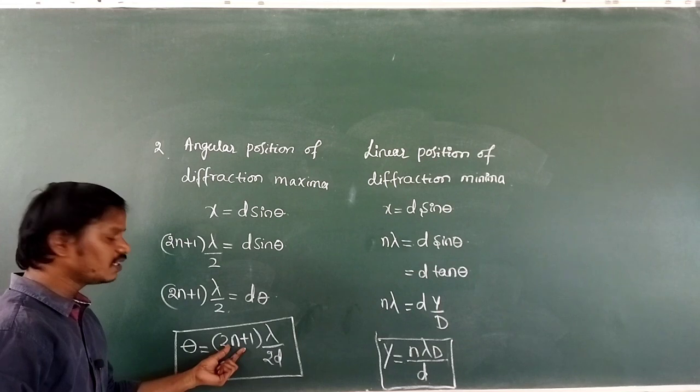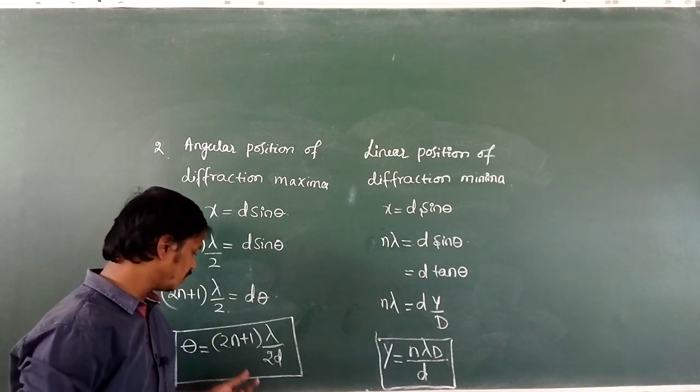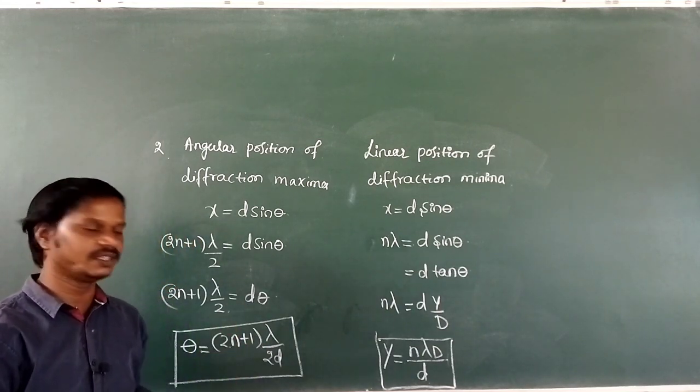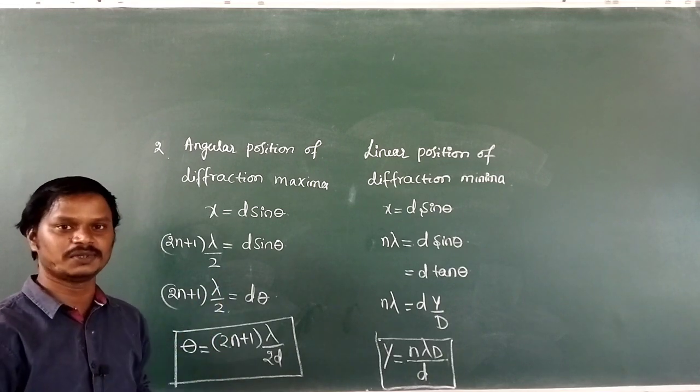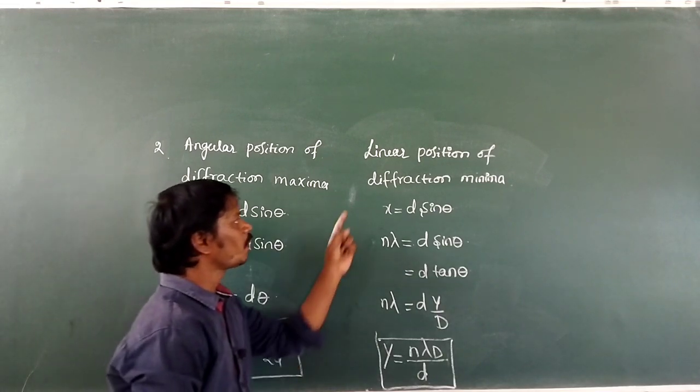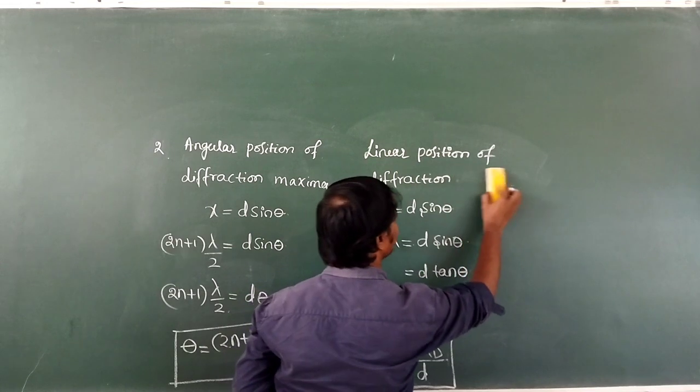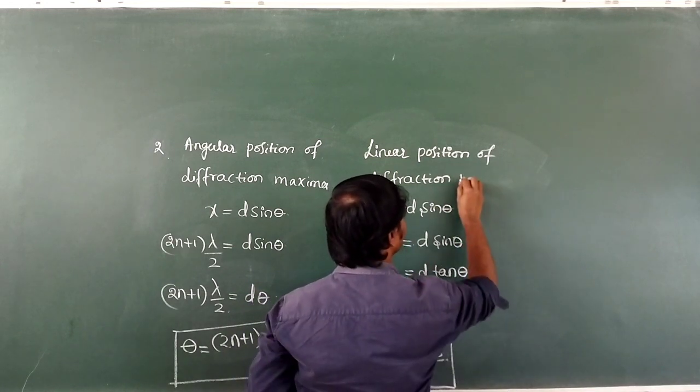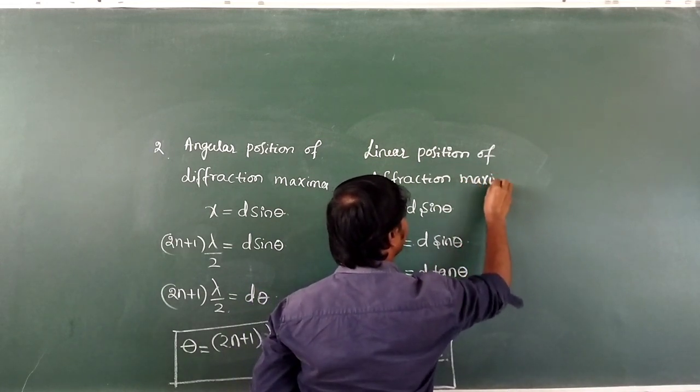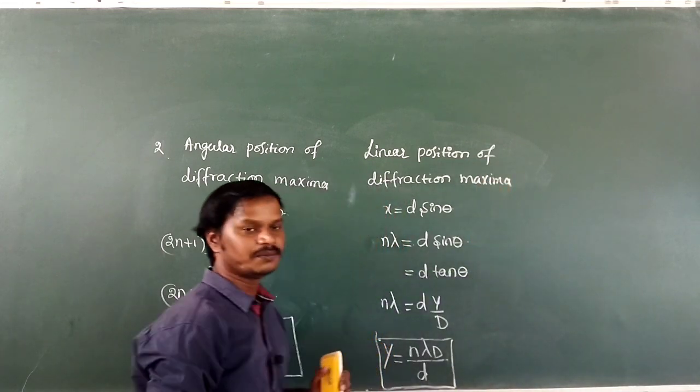If n is 1, it is the first maximum. If n is 2, it is the second maximum. If n is 3, it is the third maximum, and so on. Next, linear position of diffraction maxima. Okay. Now,